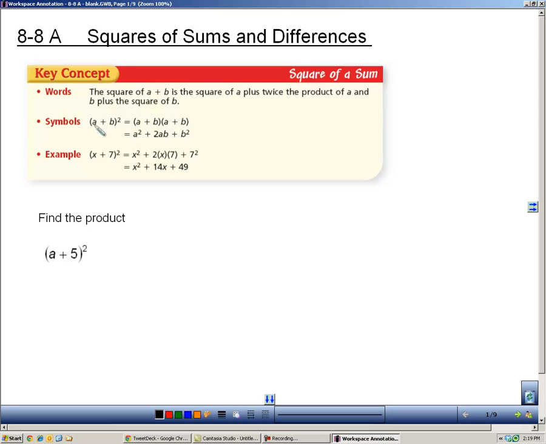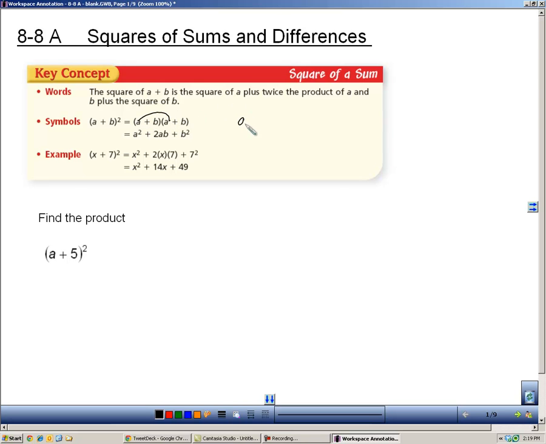The square of a sum is when you have a binomial, a sum, and we say it's a sum because it's adding, and you square it. When that happens, in this case (a + b) squared, what's really happening is you're taking a plus b times itself. Now, if you were to FOIL this, the FOIL method that we learned before,